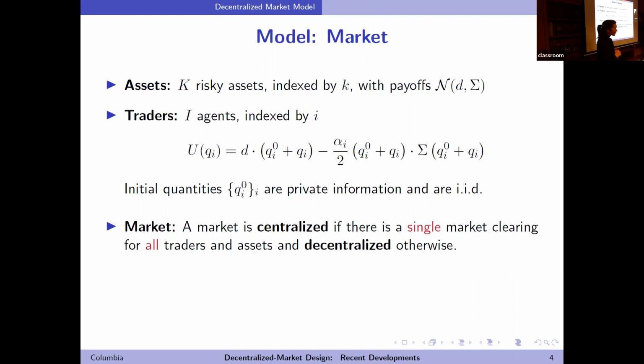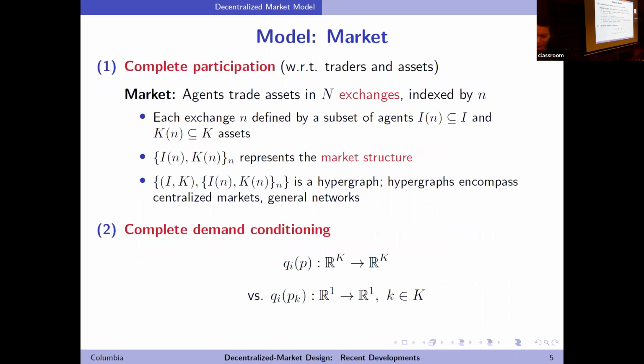So are you describing the distribution of QIs? There's another normal distribution for QI. Exactly. Everything that is random is normally distributed. Alpha is commonly known, right? It's public information. Yes, but it's secret as well, right? It will be interesting to ask what the traders actually need to know in order to bet optimally about this market. But thank you. Okay, so yesterday we observed that there are at least two assumptions implicit in the centralized